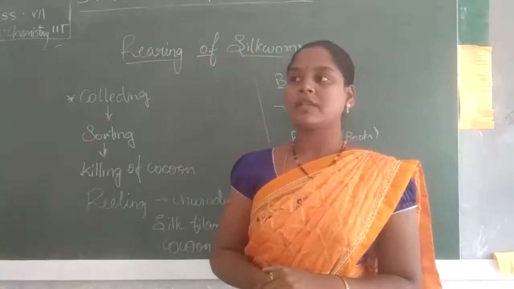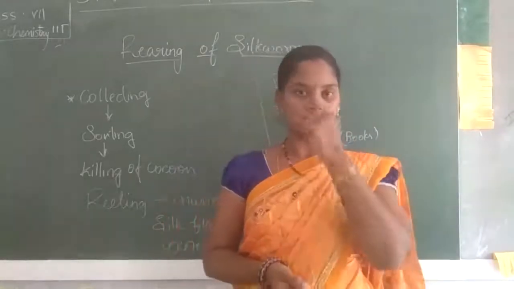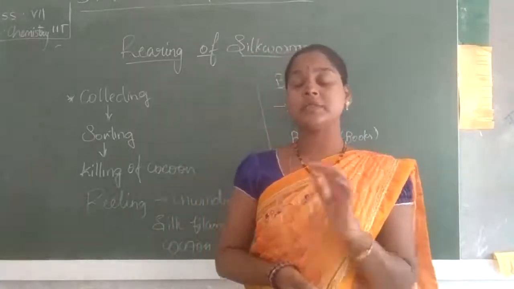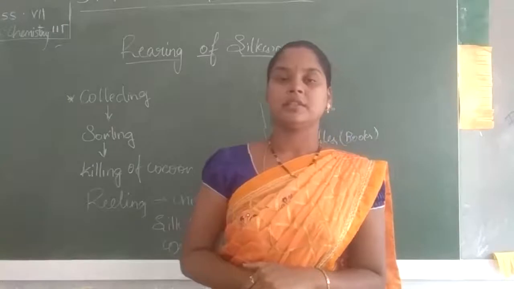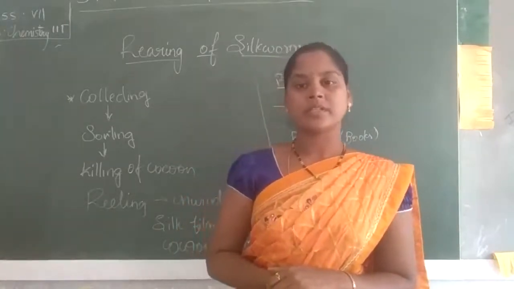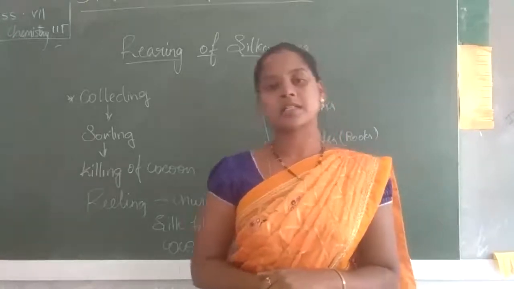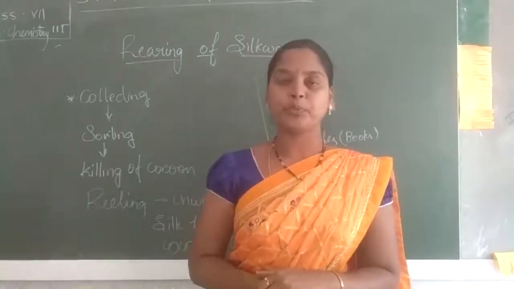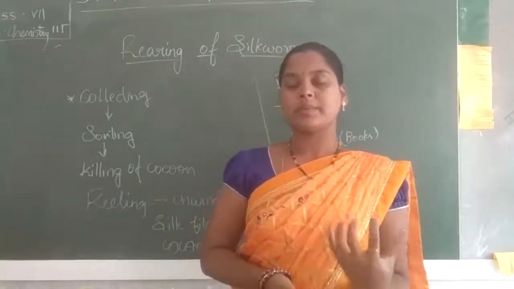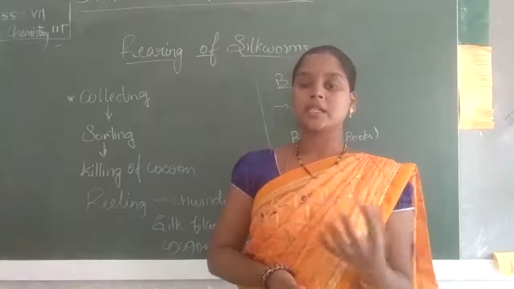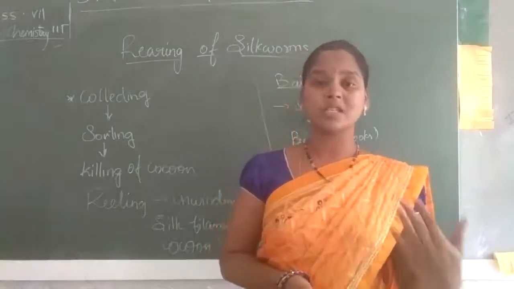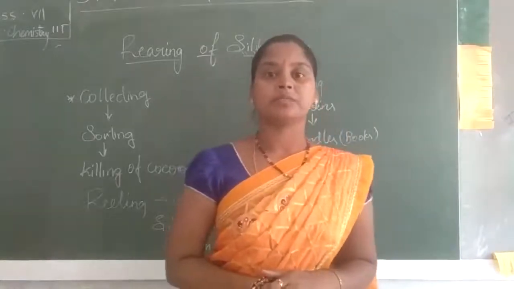Okay. So in the life cycle of the silkworm, we have 4 stages, where we can collect thread from the silkworm. In which stage can we collect it? In the 3rd stage, that is the cocoon stage. Yes or not? What is the first stage? First stage is eggs. Next is the caterpillar. Then afterwards, pupa, that is, it makes its cocoon and goes to sleep to develop its body. Okay, the 3rd stage is where we collect the cocoon. So how they are collected, how the silk is obtained from these cocoons, we will be seeing right now.